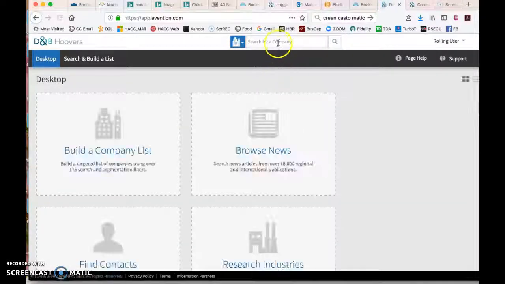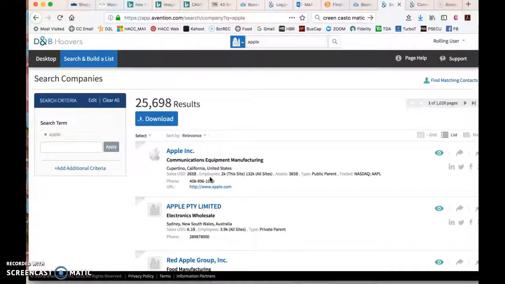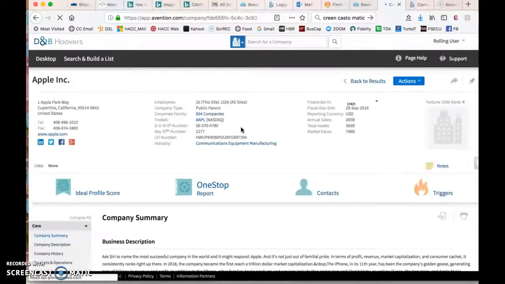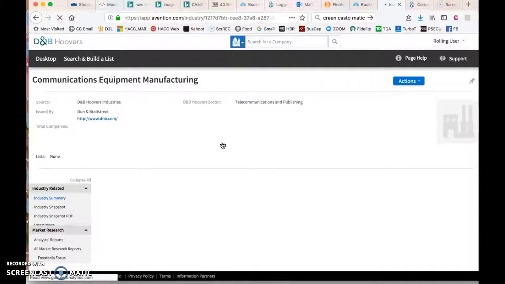And then I'm going to search for Apple, as I have been doing. And then once we're in there, what we want to do is click on the primary industry that Apple's in. So when we get to the main Apple page, if you click on this industry link, that's their primary industry,